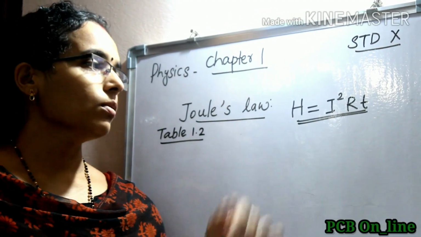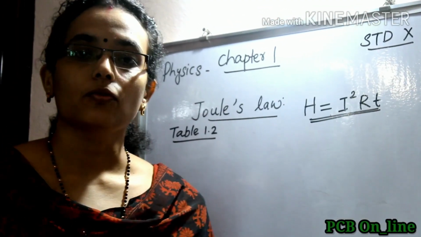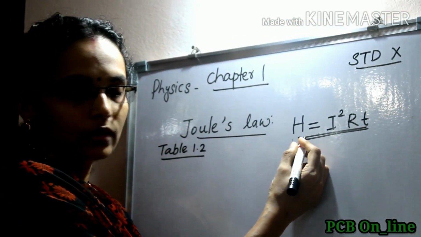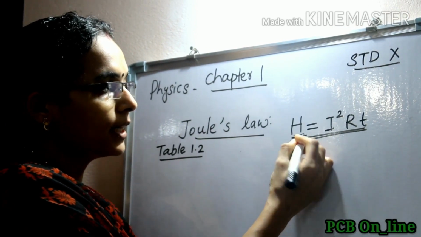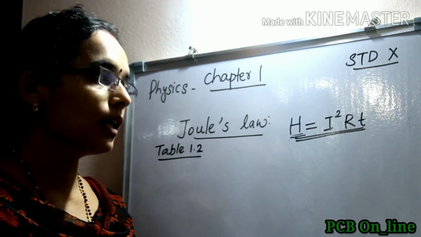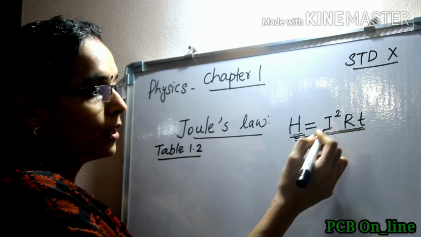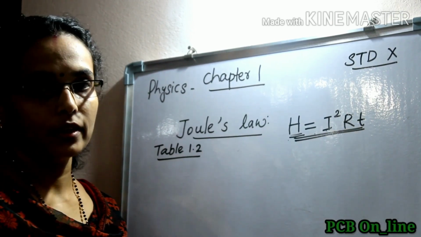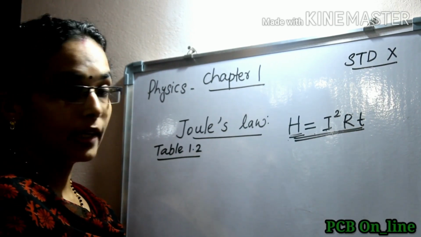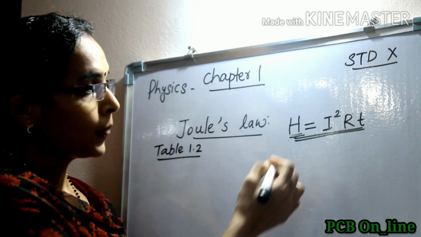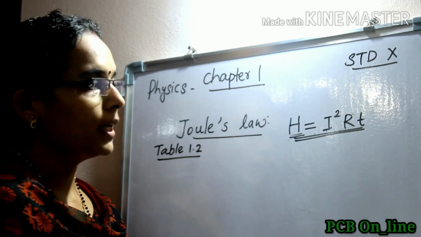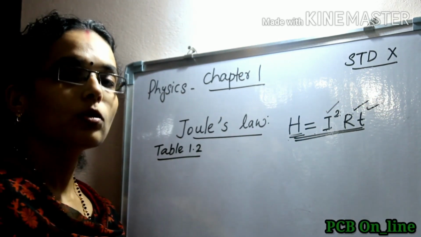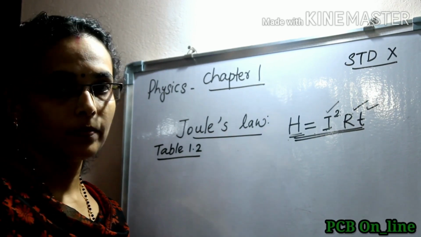Joule's law. This is the mathematical equation for Joule's law. From this we can also say that the heat generated is equal to the product of the square of the current, the resistance and the time of flow of current. Also we can say that the factors affecting heat generated in a conductor will be current, resistance and time. Now, how do these factors influence heat?